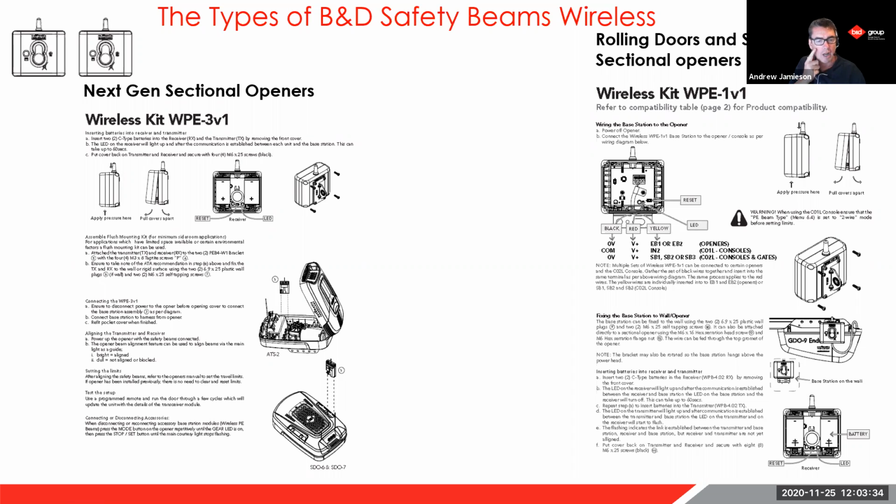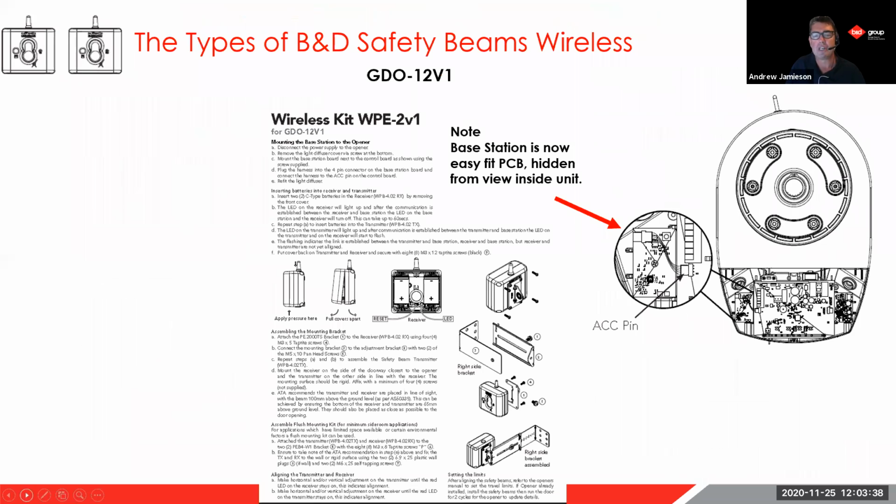So they were the wireless beam configurations. One final one is GDO 12, and that also came to light with a new part number. You'll see on the screen there that why we relaunched a new part number specific to GDO 12 is because the base station,